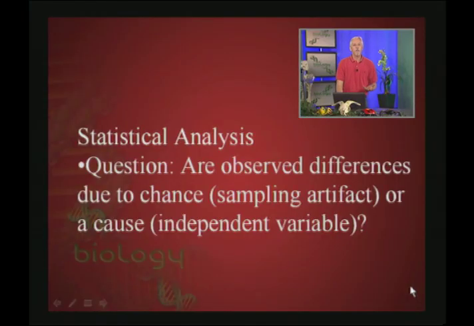So what we have to consider as scientists is not just that there are differences, but we have to ask ourselves, are the observed differences due to chance, just a sampling artifact, or is there a cause for the difference? If I'm looking at two different classes with slightly different heights, is that just the way the sampling went that time? Or is there a cause for one class to be taller than another? In other words, if a class had predominantly males compared to females, there would be a cause for that, because males tend to be taller than females.